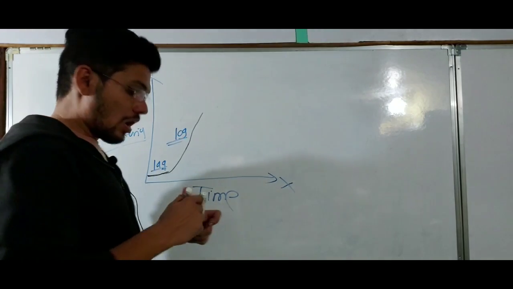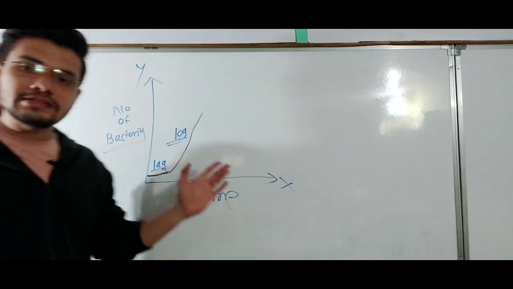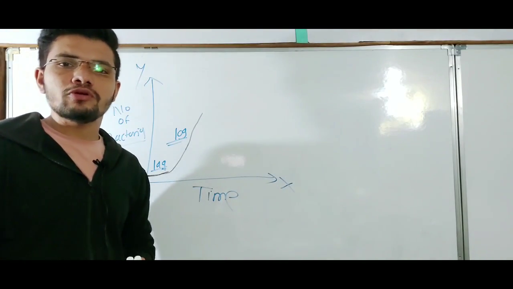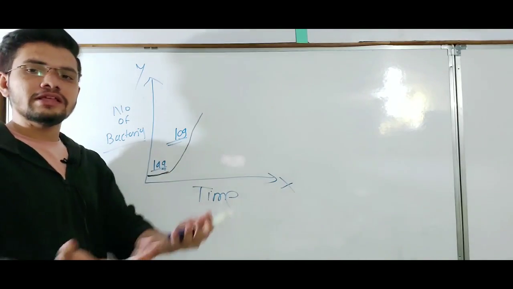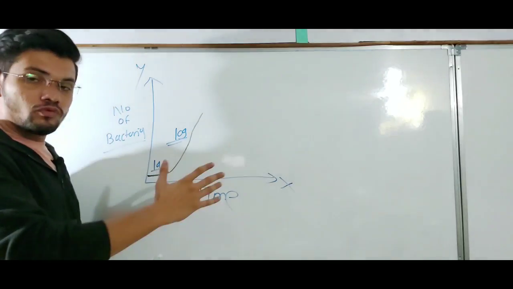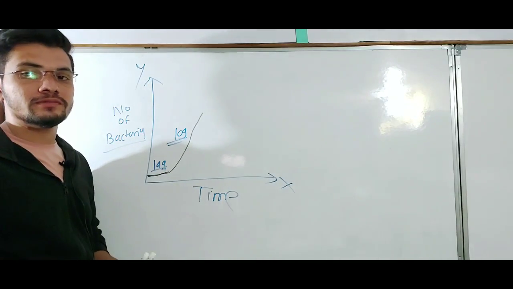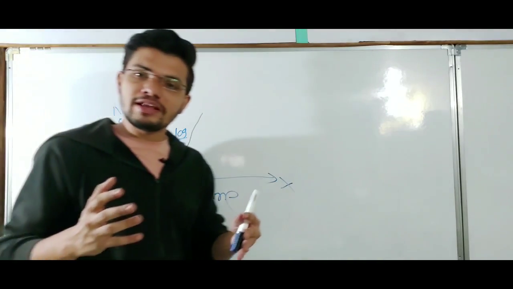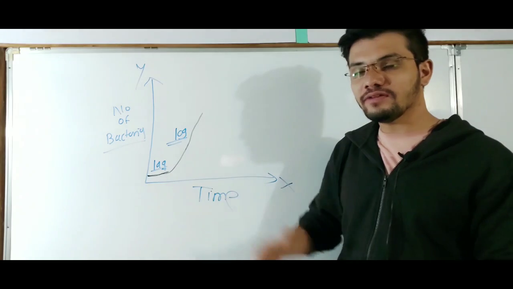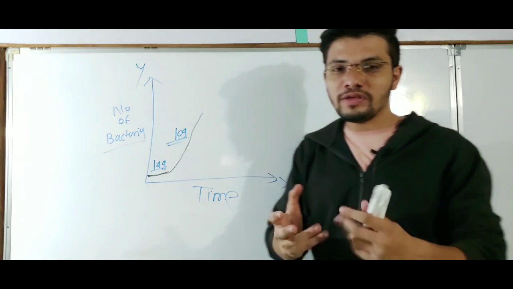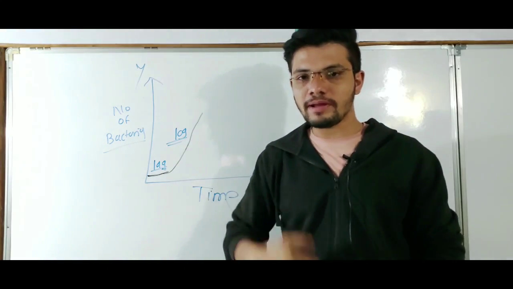Log phase. In this log phase, bacteria reproduce in an exponential manner. They reproduce so fast, and they are using the food, the medium, which is very limited. So as the food is limited and bacteria are increasing exponentially in the log phase, in the second phase of the growth curve we have a limited amount of medium for bacteria to grow.